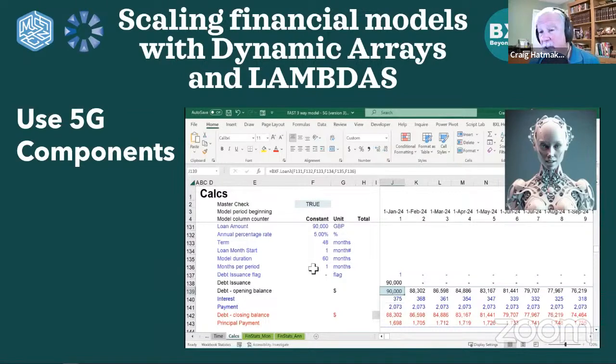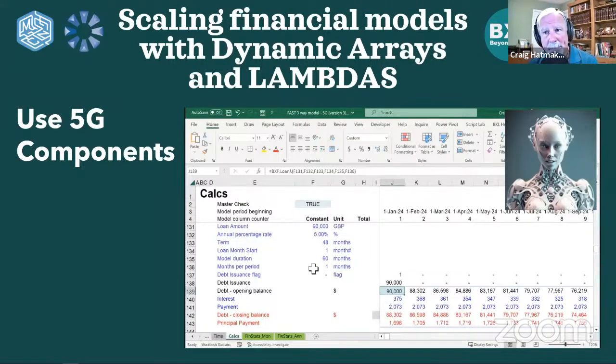So our model could be a quarterly model, or it could be an annual model. It's okay. This formula, this function, this 5G component will automatically calculate all that for you and generate your opening balance, your interest, your payment, your closing balance, and your principal payment. All of it with one formula, spilling all the way across your entire model.